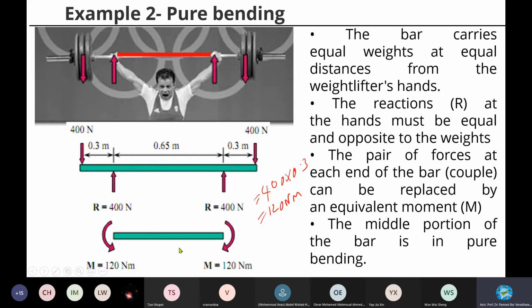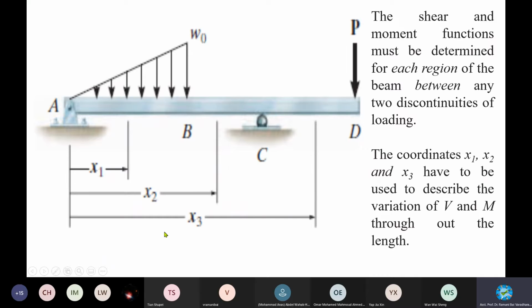and then analyze it. This is one way of doing it. If the same problem is analyzed this way, then it is called pure bending. You are taking only the bending load. The corresponding bending stress and other things have to be analyzed accordingly. That is the meaning of the way of solving it.